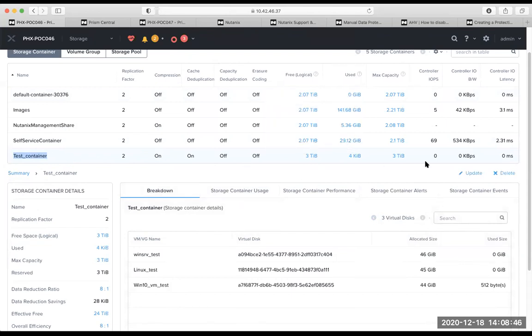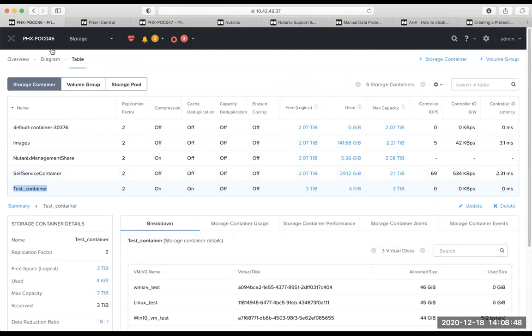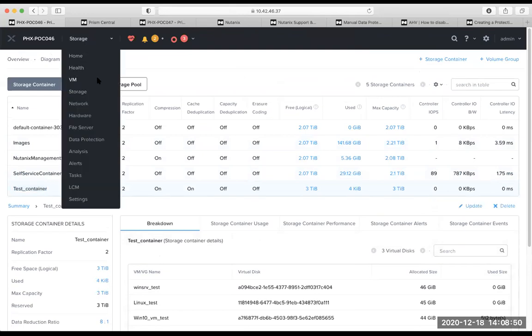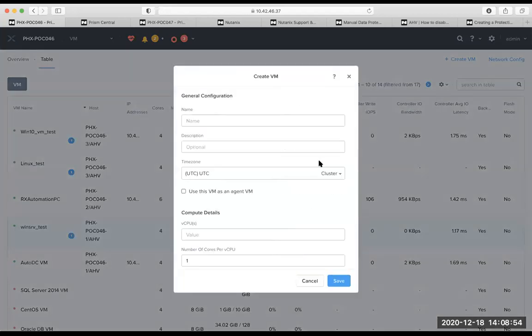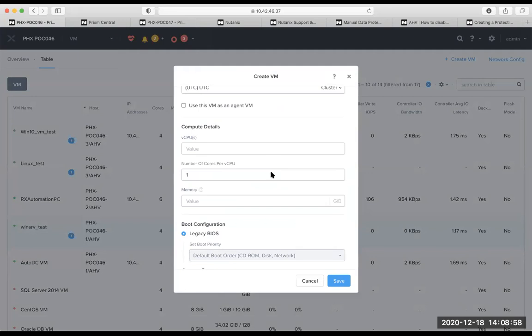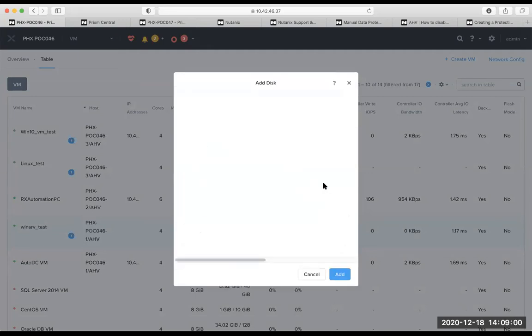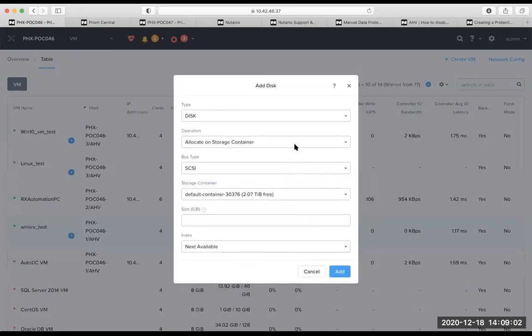After I made this container, whatever VMs I made here, I aligned. When you create a VM, there is an option to align that specific container as well. So here in the storage piece of it, I selected add new disk, and then here, just a minute. Here you can see the test container coming in.